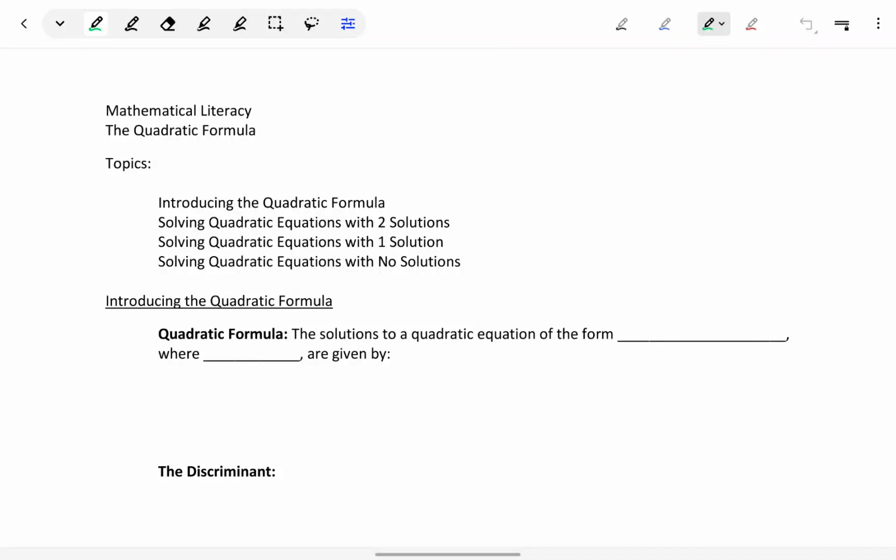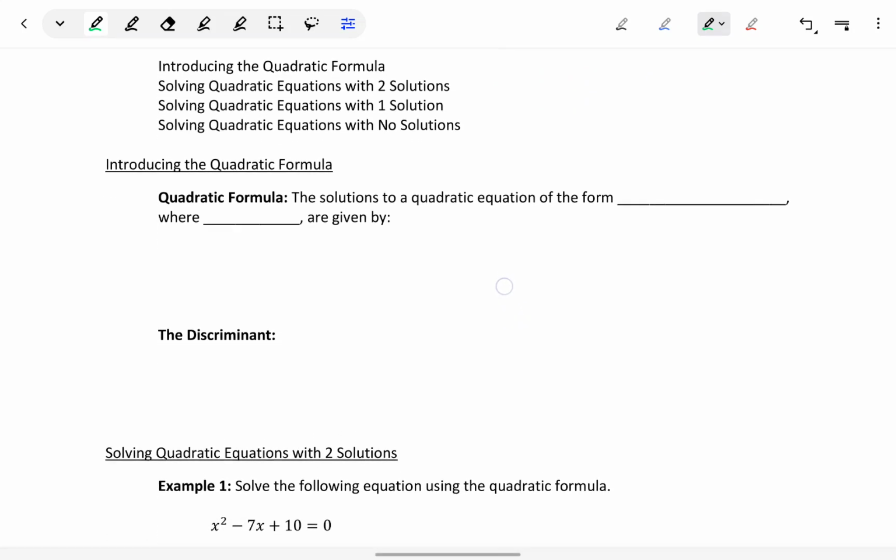In this section, we're going to look at solving quadratic equations. This is actually something that we've already done in the past. We've solved equations of the form x squared plus bx plus c equals 0 by factoring and solving. But now we're going to introduce something that's referred to as the quadratic formula, which will allow us to solve